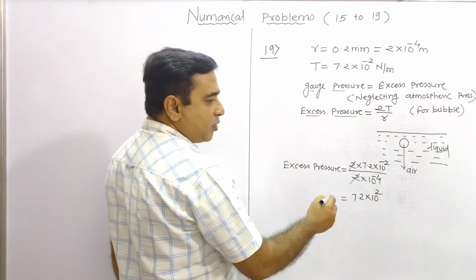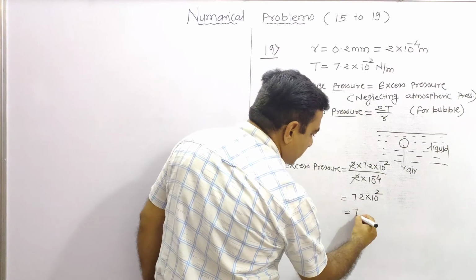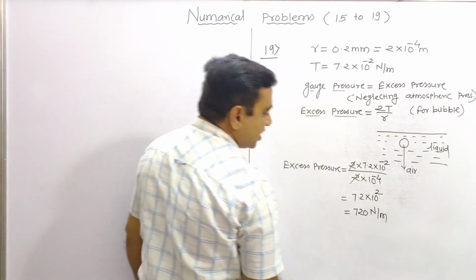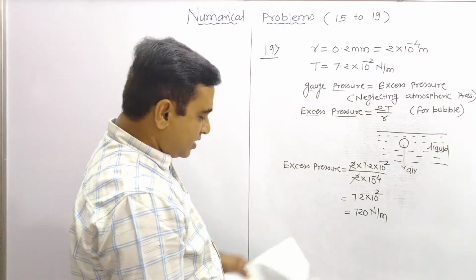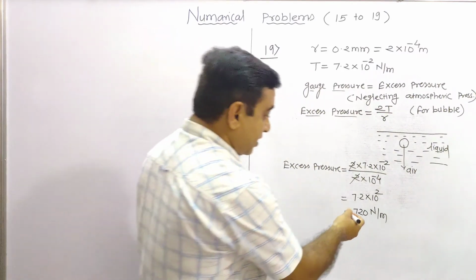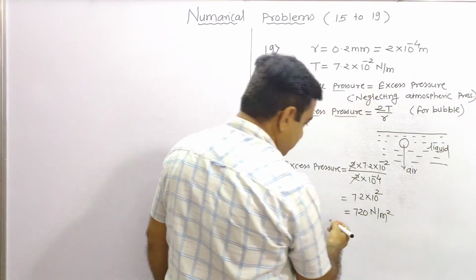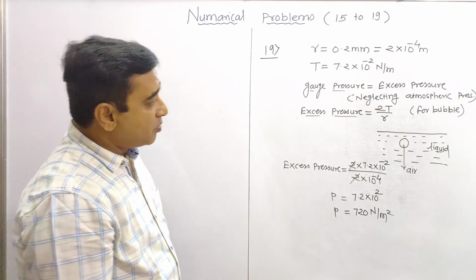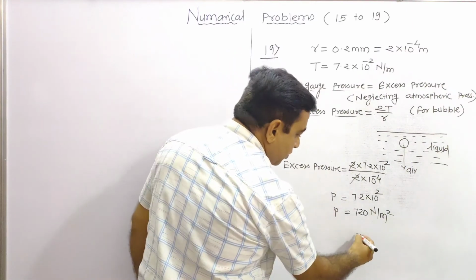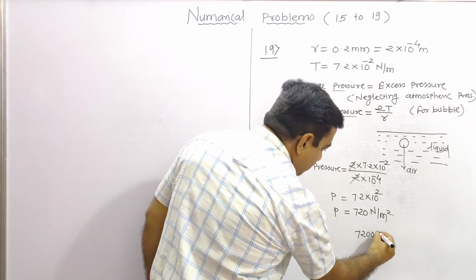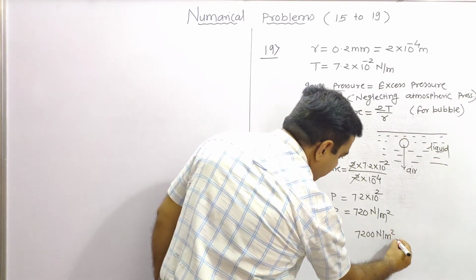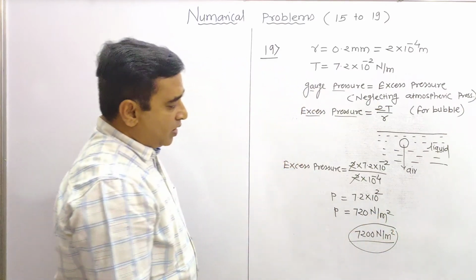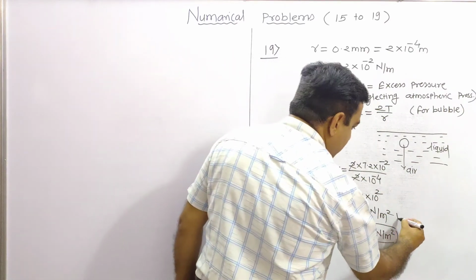That means after shifting the point 1, 2, the answer comes out to be 720. Newton per meter. That is pressure. Here it is the answer. And sorry, here it is Newton per meter square. Pressure, na? So pressure is 720 Newton per meter square. But the board book answer is 7200 Newton per meter square. I think some sort of contradiction, maybe a misprint is there. So our answer is this one.